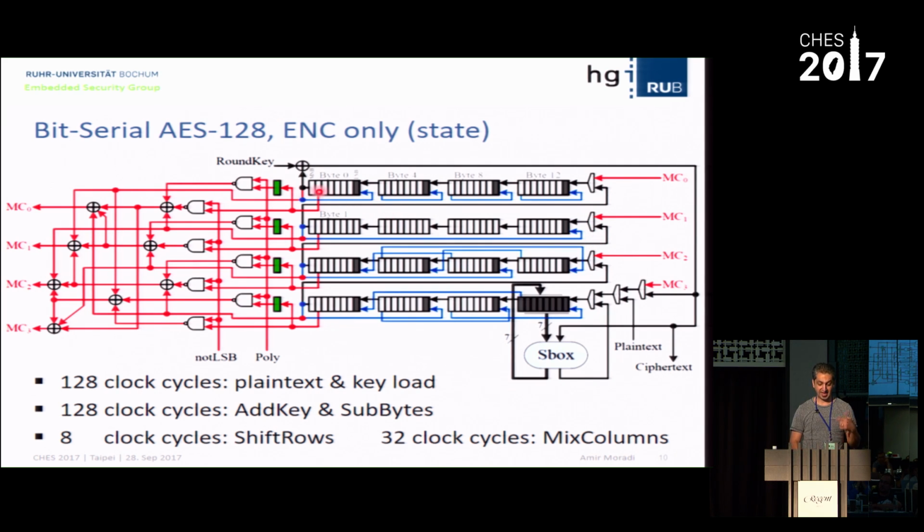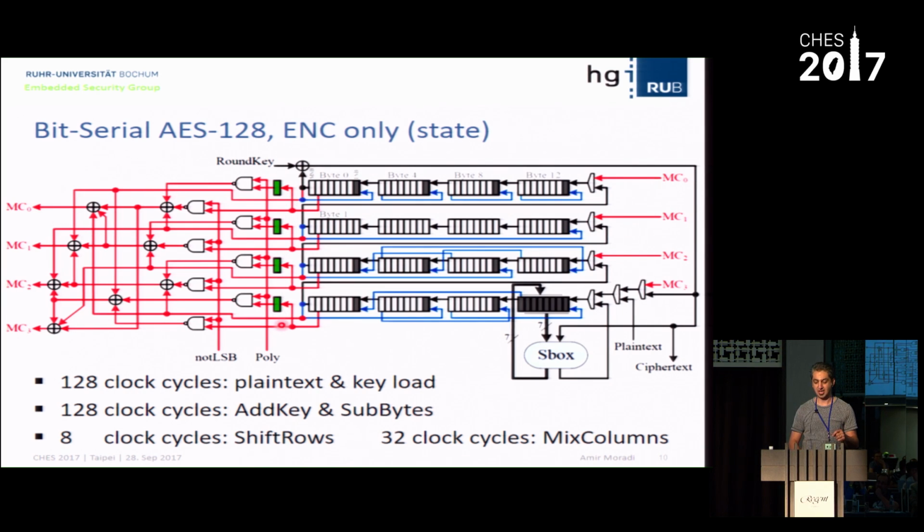How does it work? We have here 8 XOR gates and 8 NAND gates. We also have a couple of registers here: the 4 green registers that you see are required for the extra addition that you need to apply for the multiply by 2. The mix column is just multiply by 2 and multiply by 3 and XOR. For the multiply by 2, based on the MSB of every byte, you decide whether you do the extra addition or not, meaning you add the polynomial constant. These registers are required to save this.